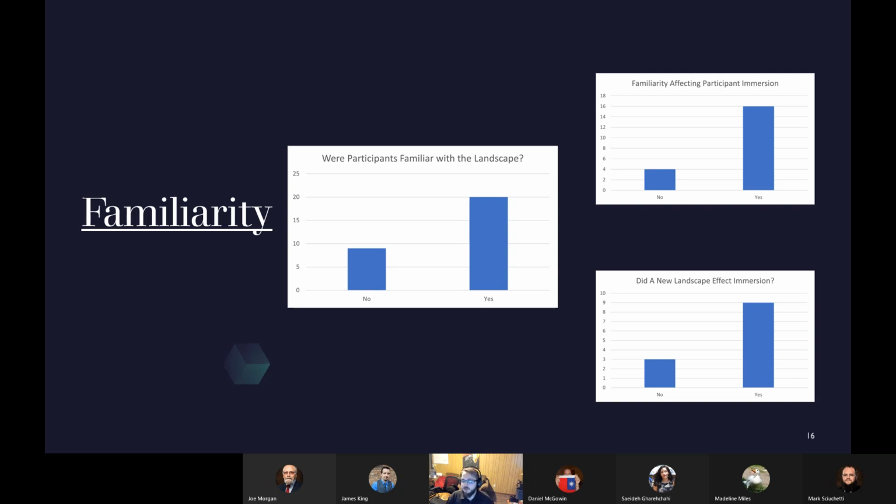forth. In the upper right graph, I asked, do you think that being familiar with the landscape affected your immersion? And for the bottom right graph, I asked, do you think experiencing a new landscape affected your immersion? The results for both of these figures were very similar, and that leads me to believe, since there's a correlation between the two,